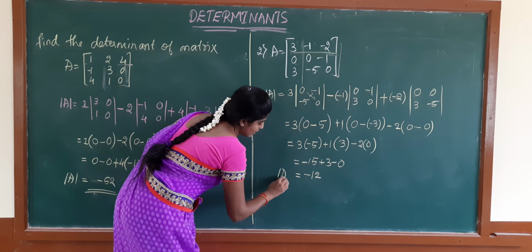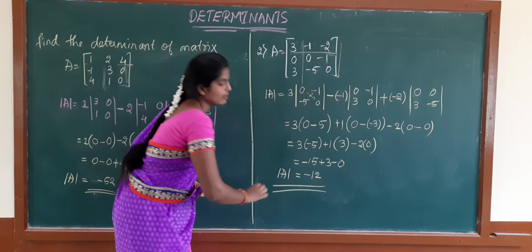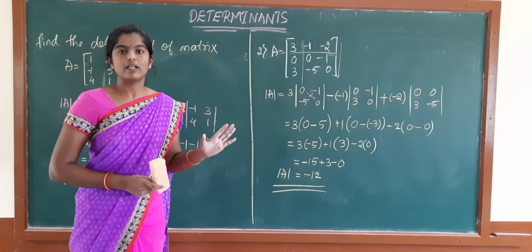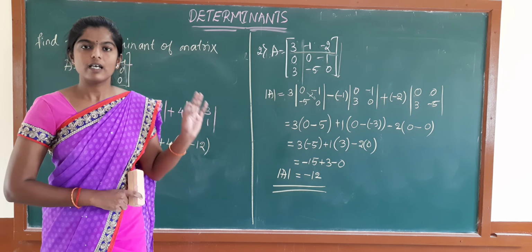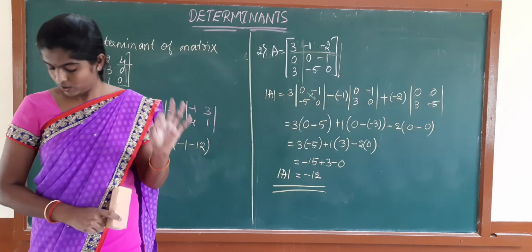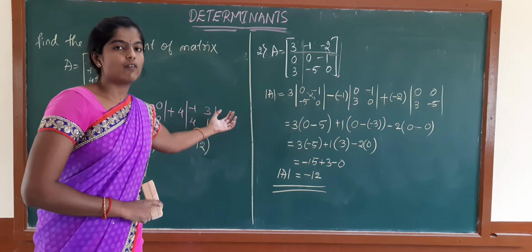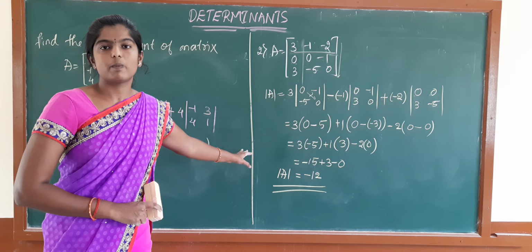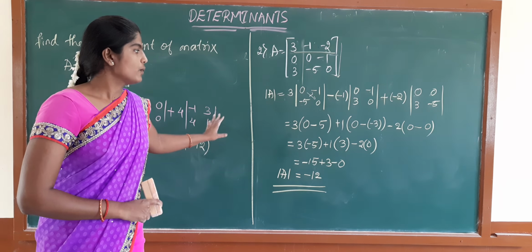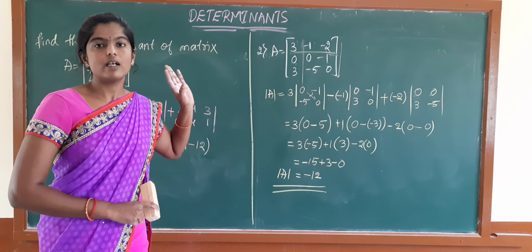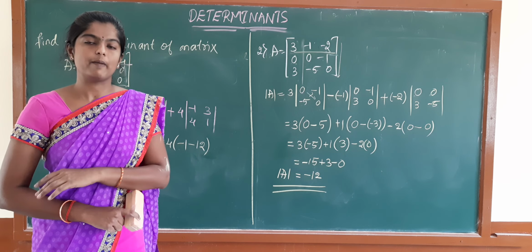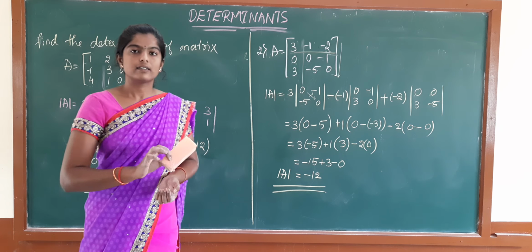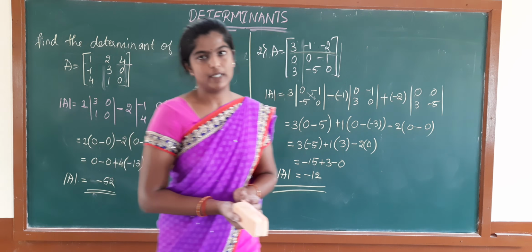It is nothing but the determinant of the given matrix of order 3. So this is about the determinant of a matrix of order 1, order 2 and order 3. It is very basic. Once this concept is clear, next are the properties. So up to this we have learned about the determinant of a matrix of order 3. In the next class we will discuss some properties of the determinants. Thank you.